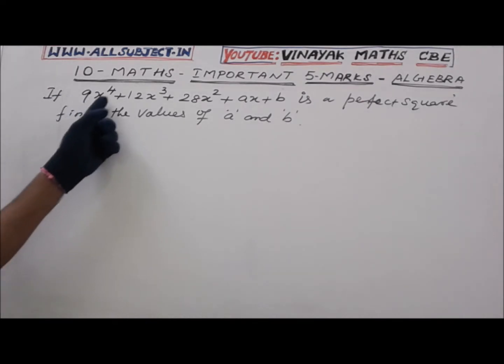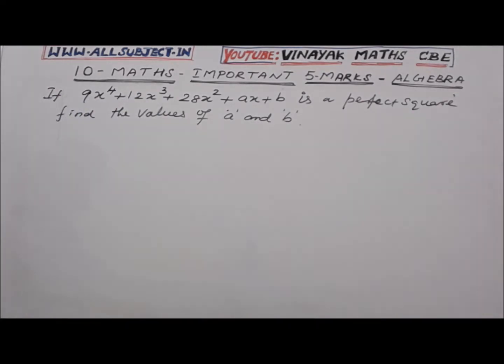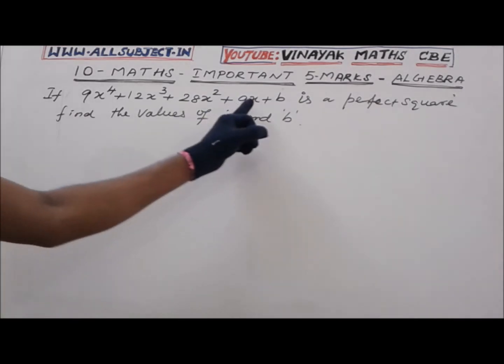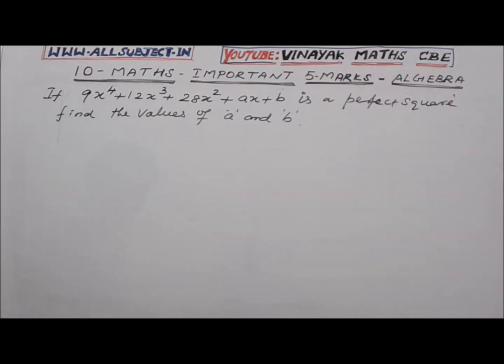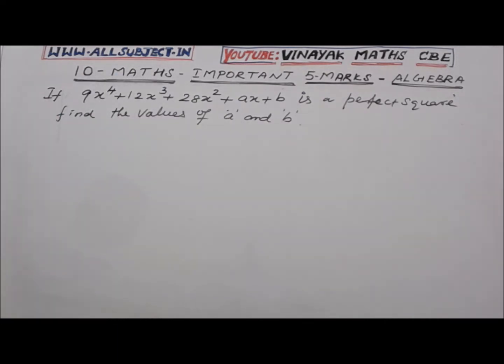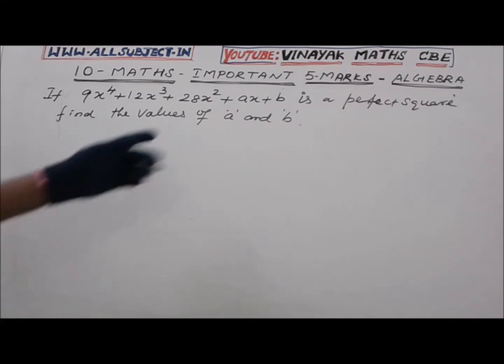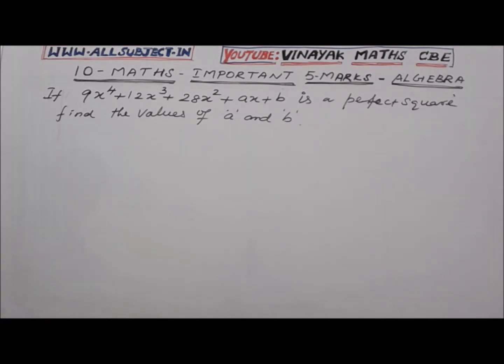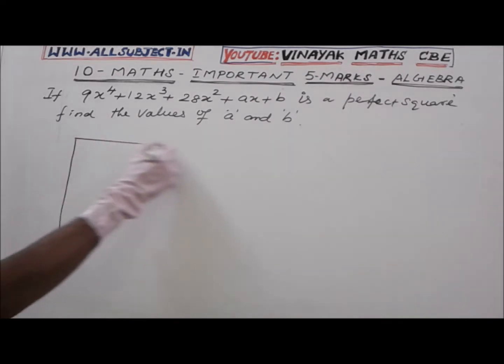If 9x power 4 plus 12x cube plus 28x square plus ax plus b is a perfect square, find the values of a and b. The given polynomial is mentioned to be a perfect square, so we find the values of a and b here. So by using the long division method,